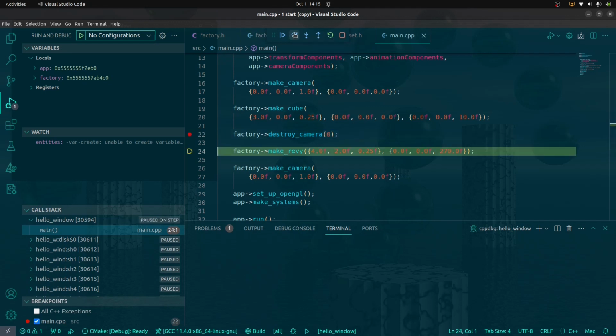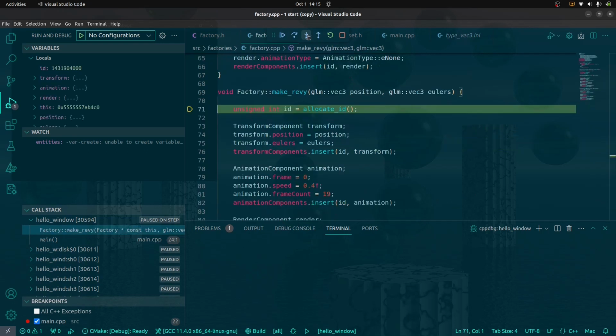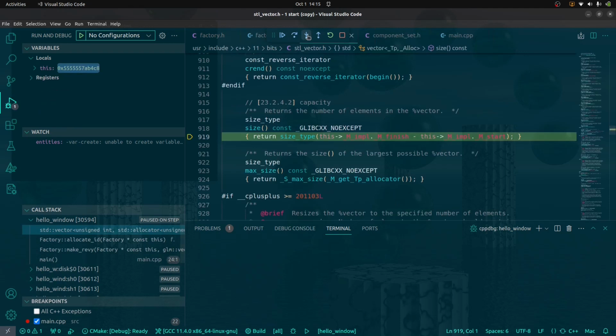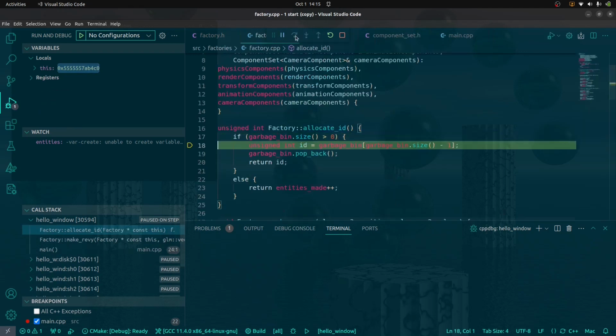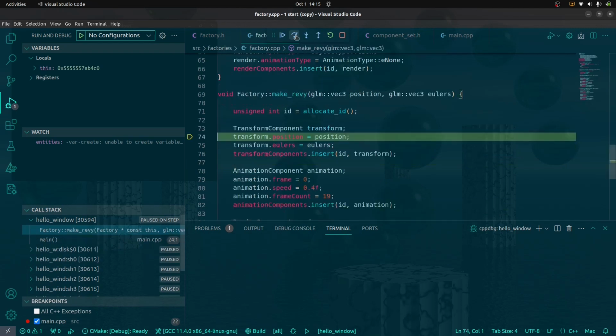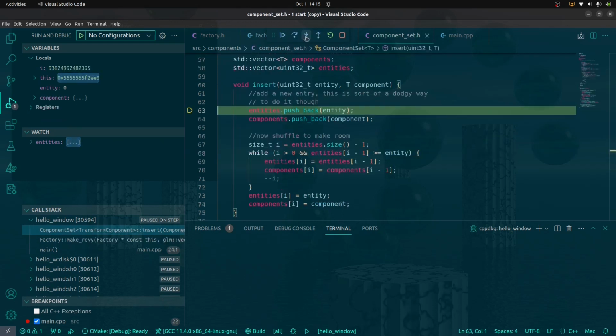Okay, destroy camera, make revy. Let's pop in there. Okay, so we've got our ID, which is, whoops. Again, do not step into standard library functions. They will make you doubt your humanity. Okay. Yeah, ID is 0. Perfect. Okay, let's keep going. Yep. Insert, and now we go,